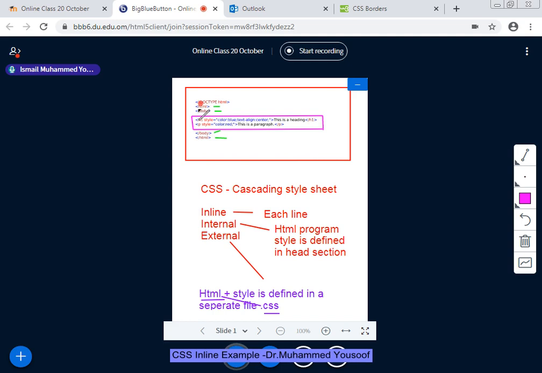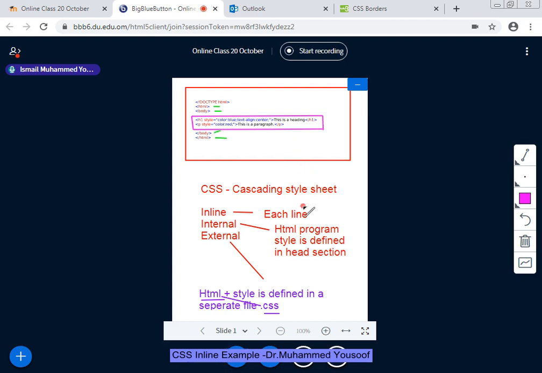When I run this program after typing it in Notepad and saving it as HTML, last time Mohammed, I think, somebody asked me, is it necessary to put the .html doc type? No need. But I wanted you to understand CSS is not a special type of file. You will use only an HTML file. Save it as an HTML file. When you run it, you will see that H1 will have blue color and be in the center, and the paragraph text will be in red color, because this is what I have defined.